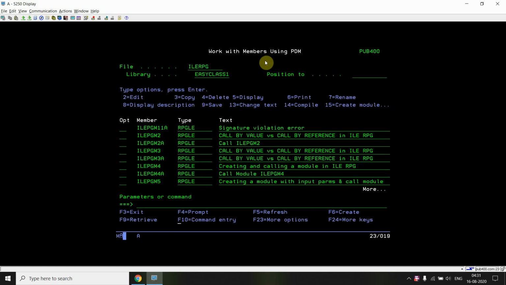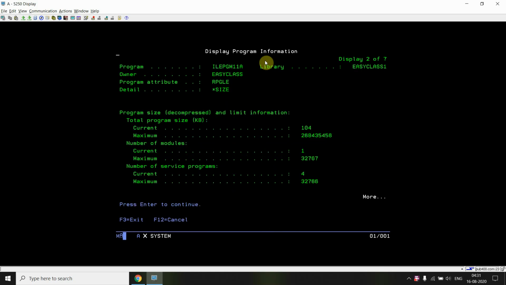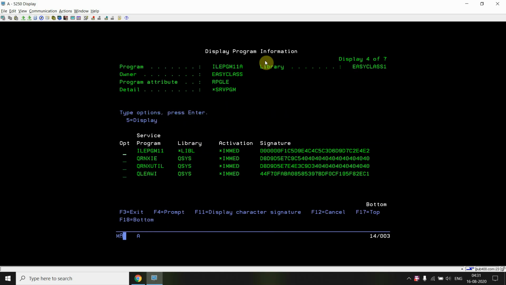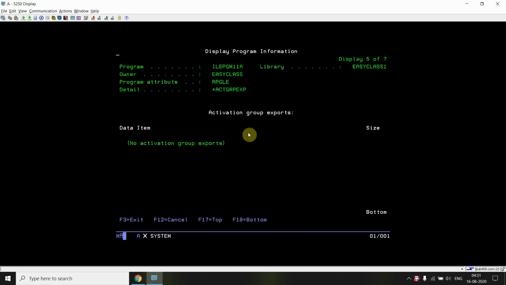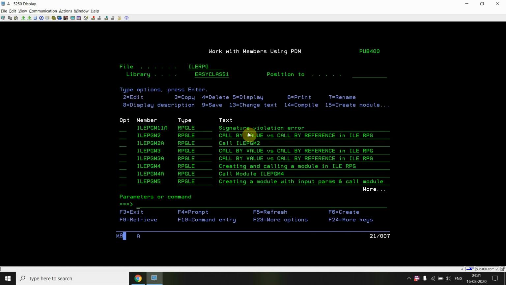If we do DSP PGM ILE PGM 11A, we can see that this service program is bound to it, and this is the current signature which is bound to it. Now if I call this program, I'll show you the error.